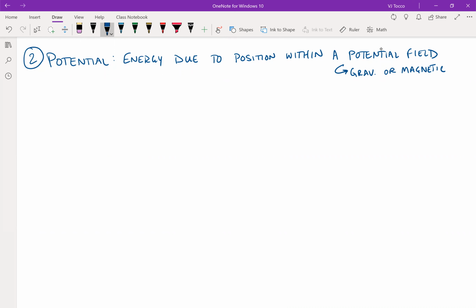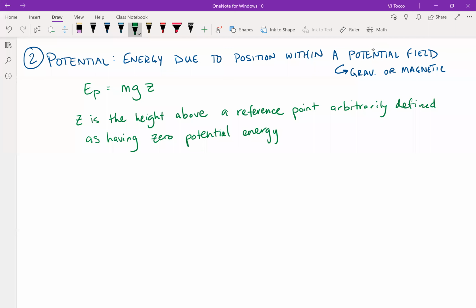You know from your physics class that the formula for potential energy, the variable for this is E sub P, is mgz, where m is the mass, g is the gravitational constant, and z is the height above a reference point, which is arbitrarily defined as having 0 potential energy. I need to write that point down because it's very important. So it's easy to remember a WWE wrestler, for example, climbing up to the top rope and gaining some amount